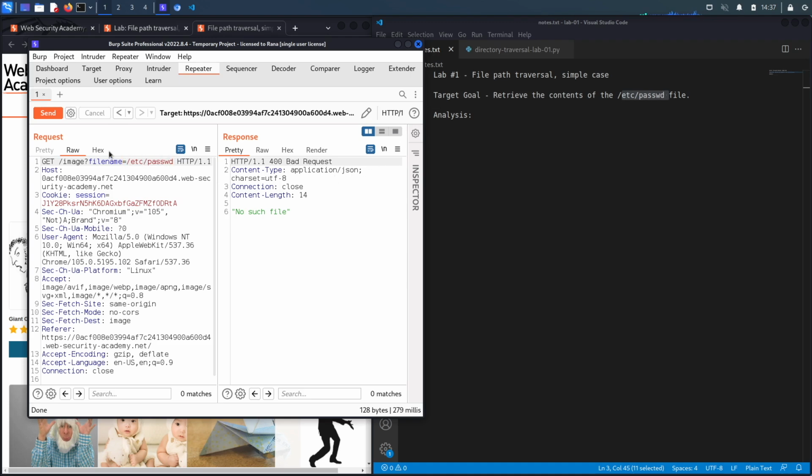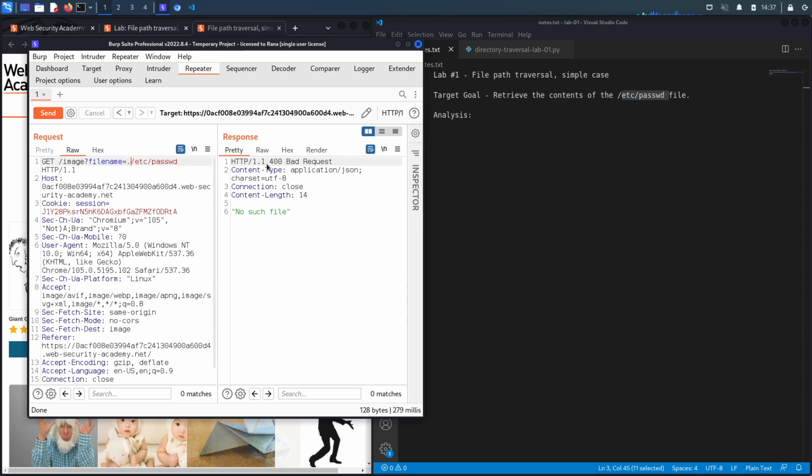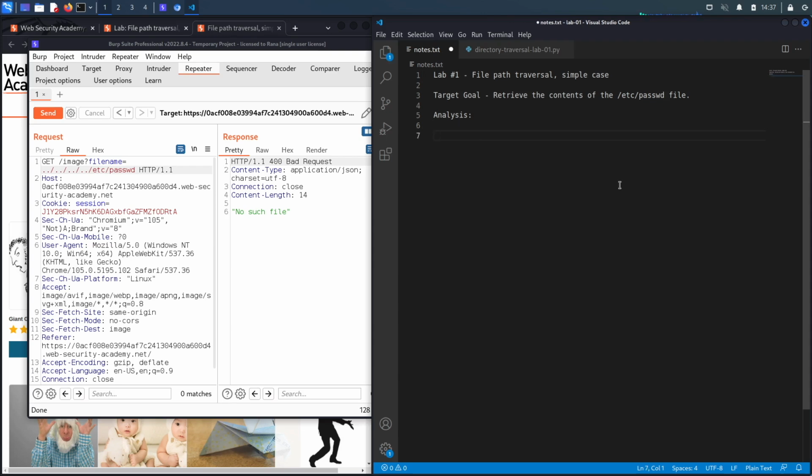Now, if it doesn't accept absolute paths, it starts with the folder that the JPEG image was in. That means we need to try and get out of the folder. So what we're going to do is add ../ to try and get out of the directory that we're in. I'll explain that in a bit. Let's put 4 just in case. Okay, so the reason I added the ../